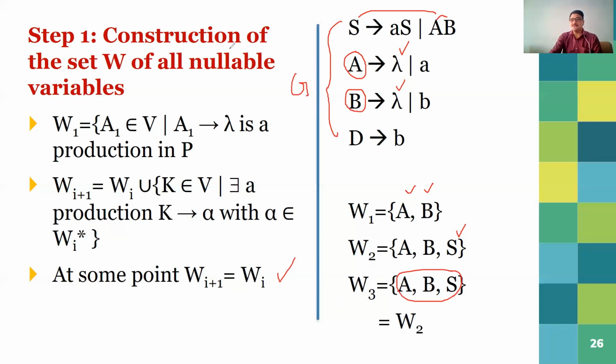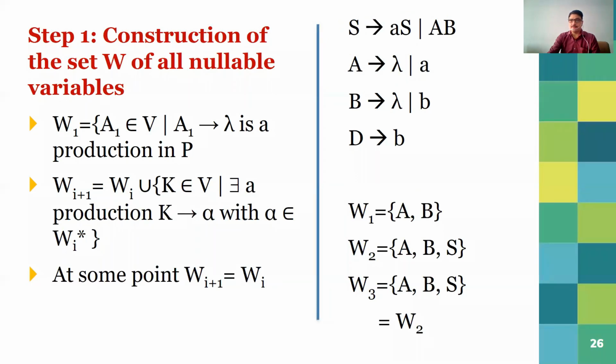So our objective in both the cases is different. In the case of the previous theorem, our objective is to reduce the grammar, so we have to find the useful variables. But here our objective is to find the variables that are affected by null, that is called nullable variables. So this is the basic difference between these two approaches.